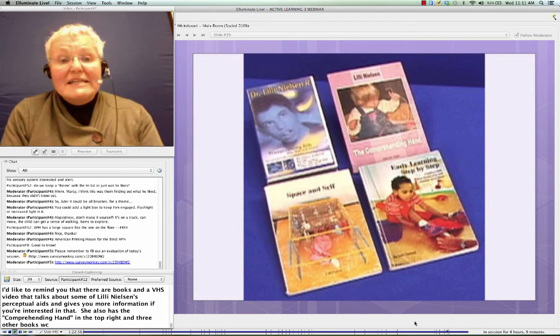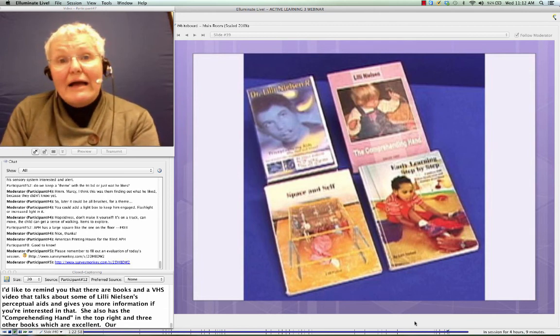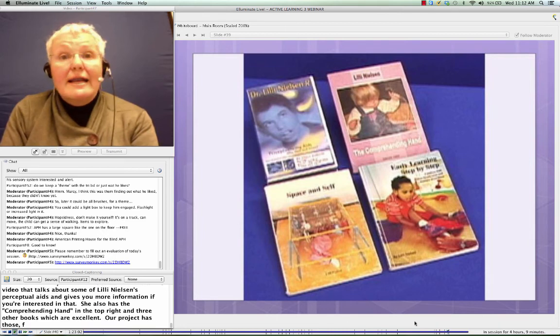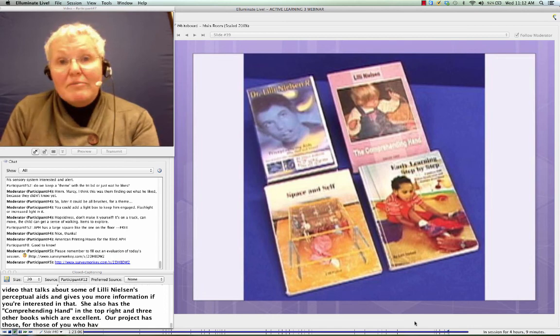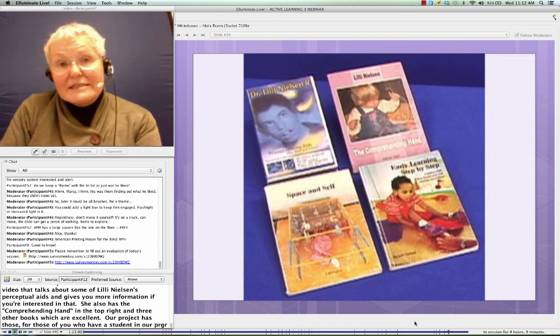Our project has those, for those of you who may end up having a student who's on our census. We loan that stuff out to people. And just a reminder, I've got a few more things to share, but